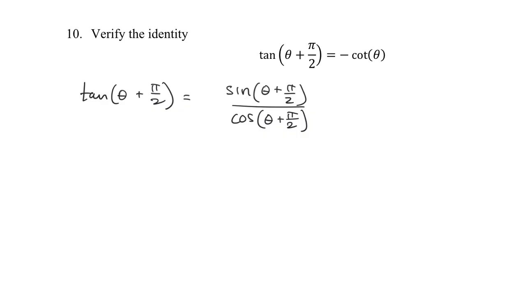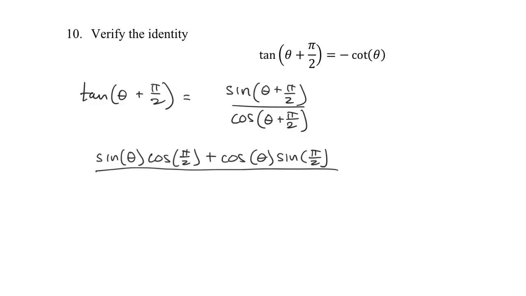So for the sine of theta plus pi halves, we have sine theta cosine pi halves plus cosine theta sine pi halves. And then for cosine, I'm going to do cosine theta cosine pi halves minus sine theta